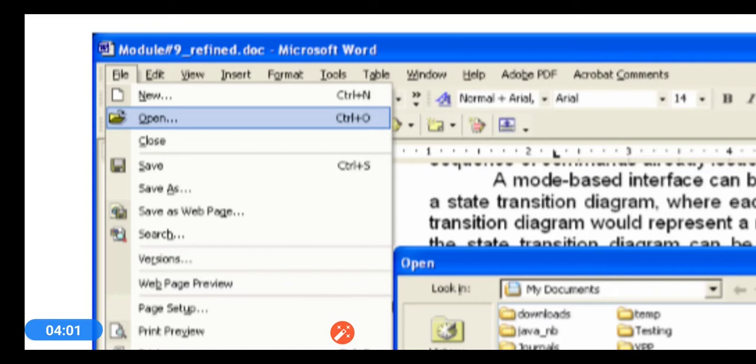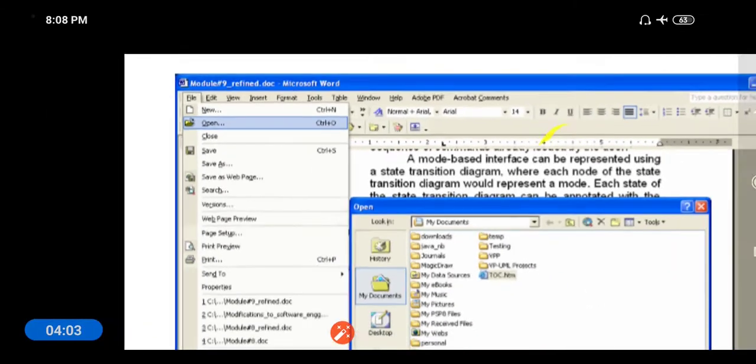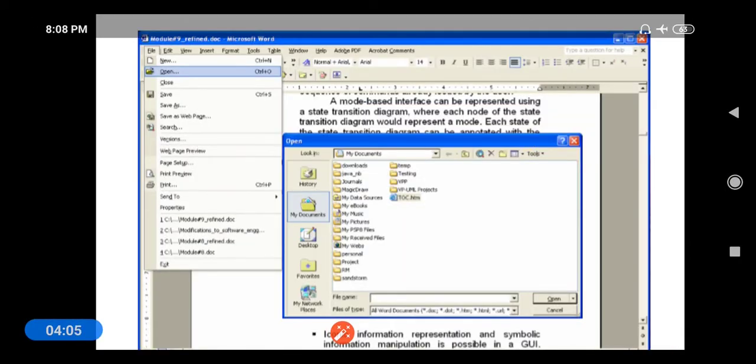Now just on clicking open, I am able to open some file which is available in my system. So this is a kind of mode based interface. Depending on the mode, some set of commands will be available to us. Here in the file mode, the open command is available to me, whereas in edit mode, that open command will not be available. That's the difference between the mode based and modeless interface.